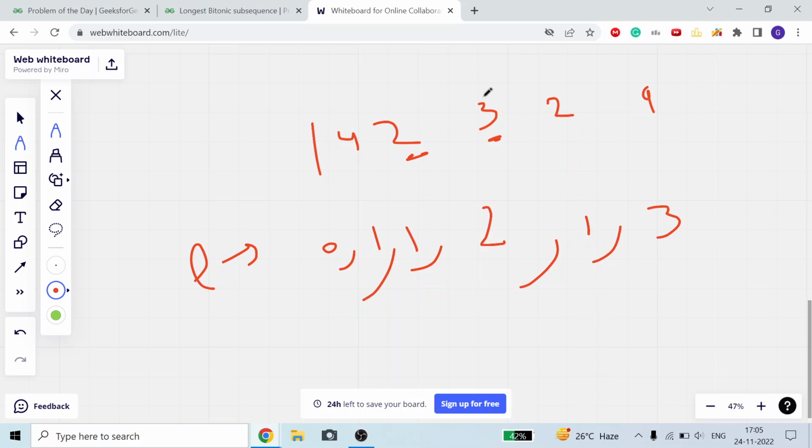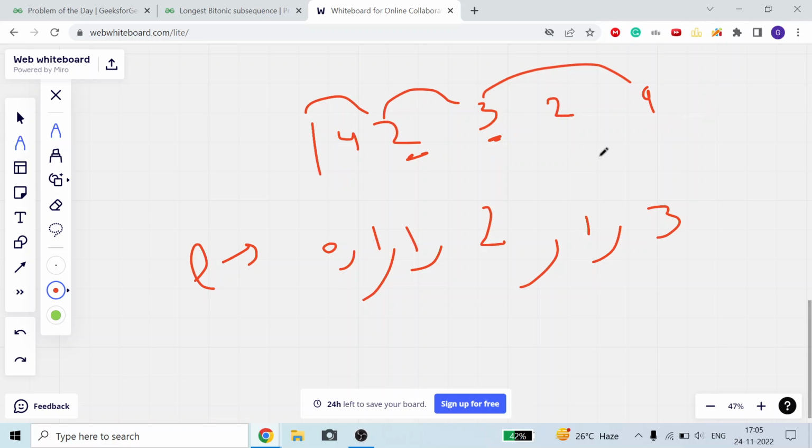What we will do, we will include 3 before 9, then for 3 we are going to include 2, for 2 we are going to include 1. So 1 2 3 9, this is a strictly increasing sequence, we can see, guys. This is a strictly increasing sequence till 9 of length 2 plus 1, 3. Why 3? 9 is the head element, but it will contain 3 elements, 1, 2 and 3. 9 will not include itself; before 9, how many elements do I have.